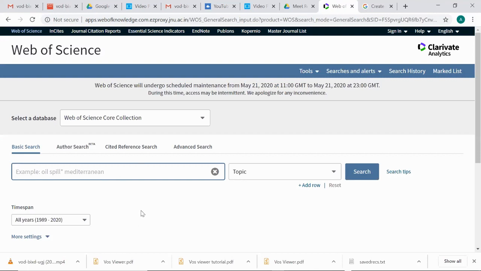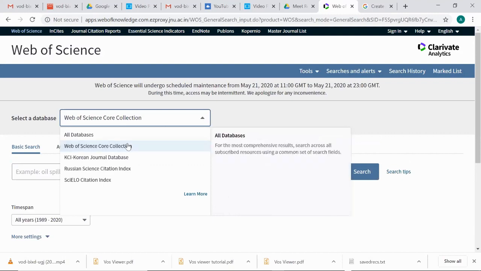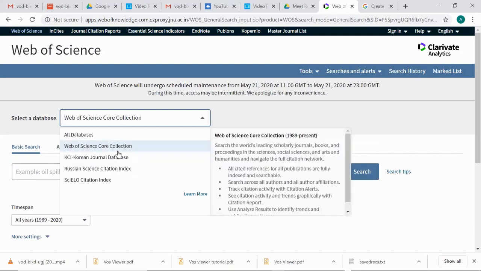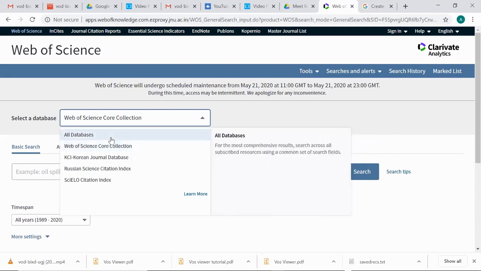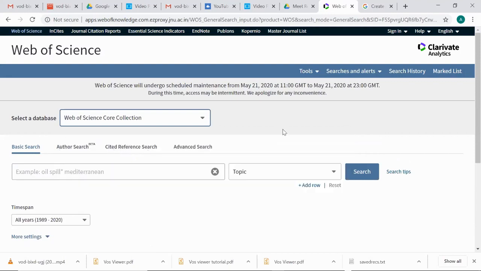Before typing a query, we need to ensure that the database is selected as Web of Science Core Collection. Usually the default will be All Databases. You have to change it to Web of Science Core Collection, and then you can type your search query in the given space.